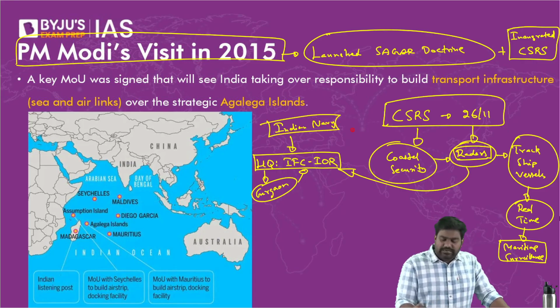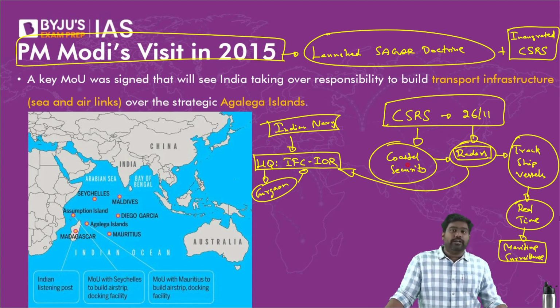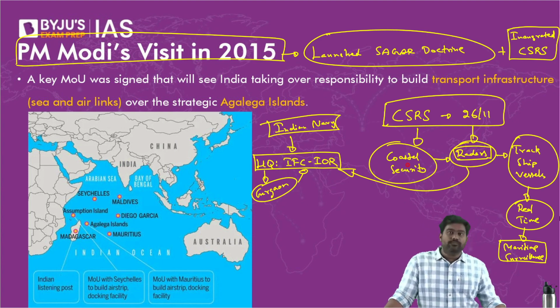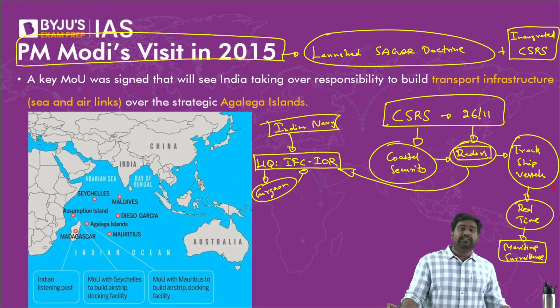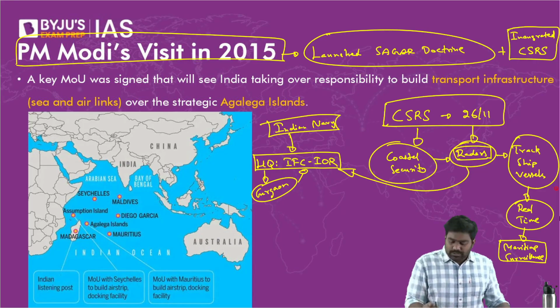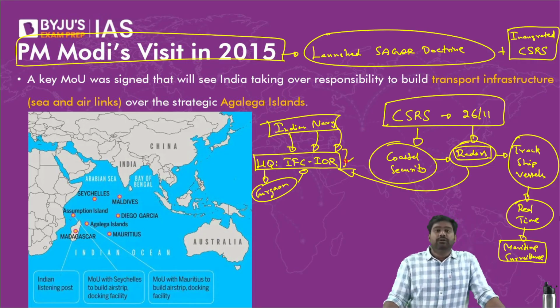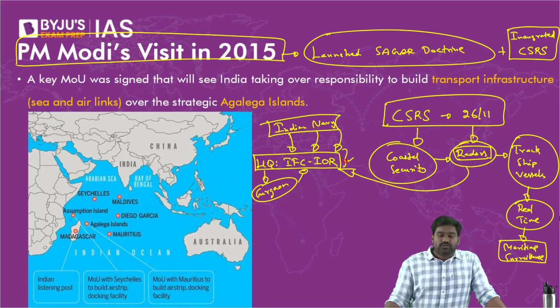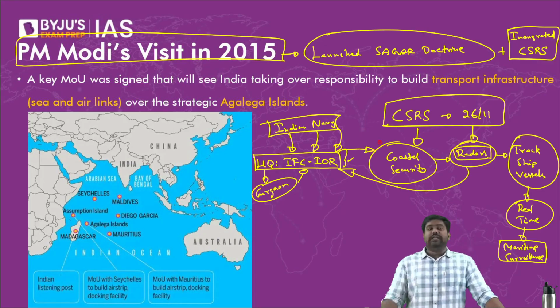The radars were built and installed by Bharat Electronics Limited, BEL, along with other agencies like DRDO. So today it's a fully functional project where the Indian Navy is able to carry out real-time maritime surveillance of almost the entire Indian Ocean. And at this headquarters facility, Information Fusion Center for Indian Ocean Region, you can get a complete picture of the movement of ships. So this is a big boost to coastal security of India. We have offered this to these friendly countries.